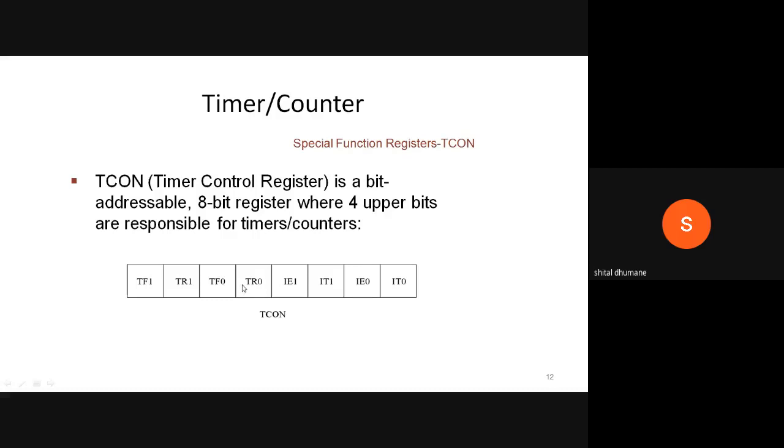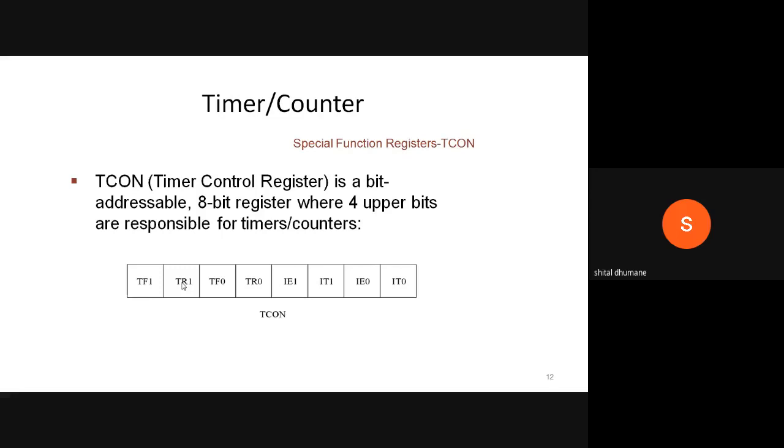So just now I told you about TR0, that is the timer start. Whenever you start timer 0, you should set this bit. If you have timer 1, then TR1 is for timer 1. So whenever you write a program and need to start the timer, you write the instruction SETB TR0.